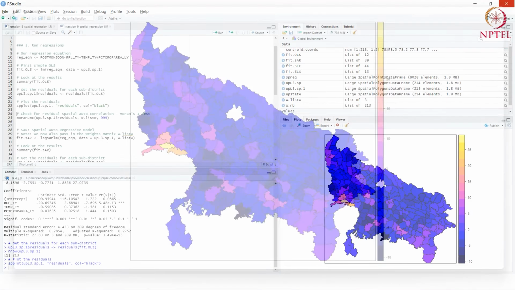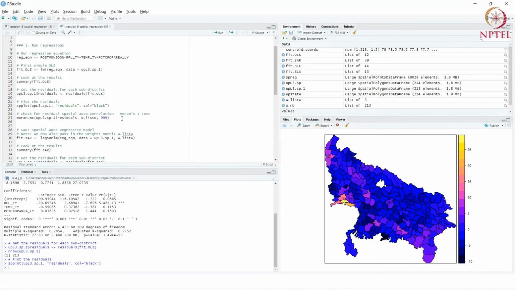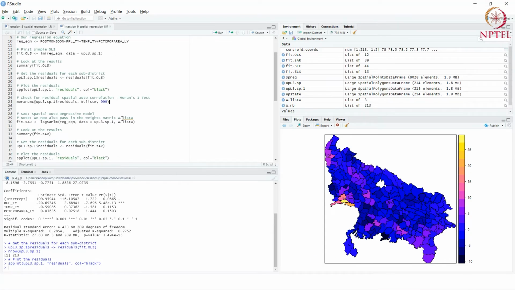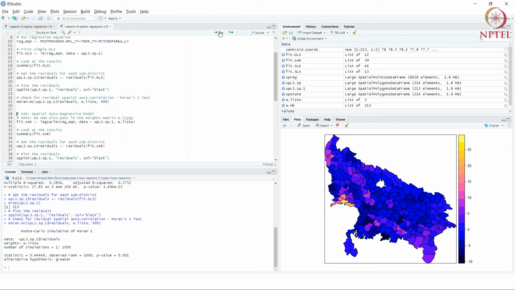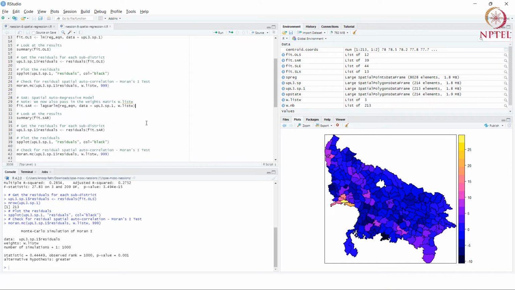which signals spatial autocorrelation. So what we can do is compute the Moran's I for the residuals to get a quantitative measure. And we see that the Moran's I is 0.4, which is not necessarily very low. There does seem to be positive spatial autocorrelation. The p-value is pretty low. So it does seem that we have some residual spatial autocorrelation, so we might benefit from running spatial regression models.